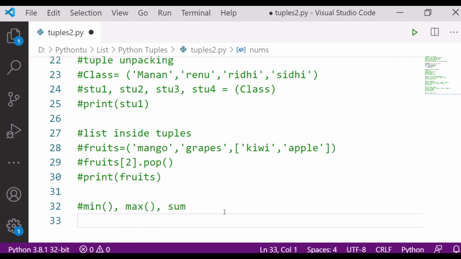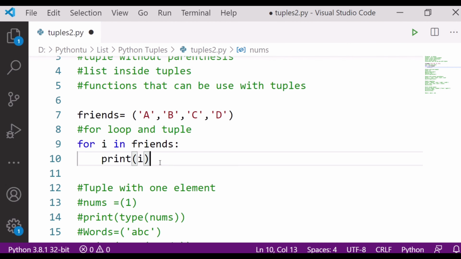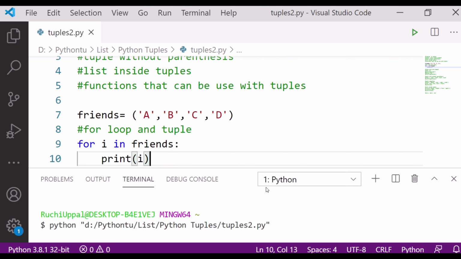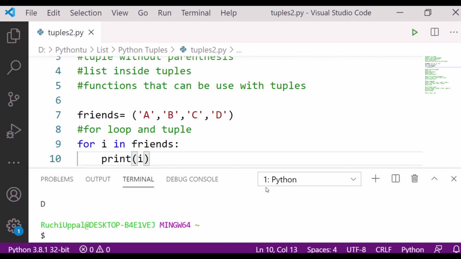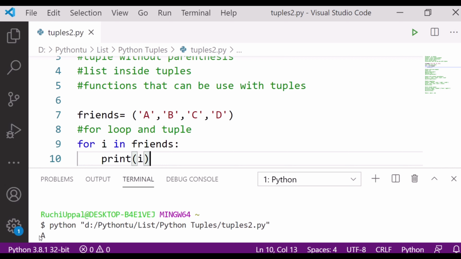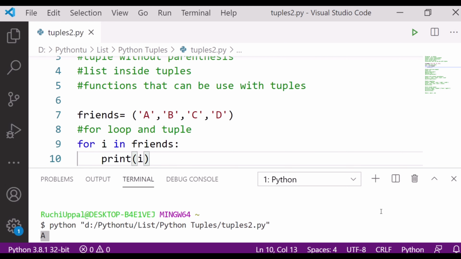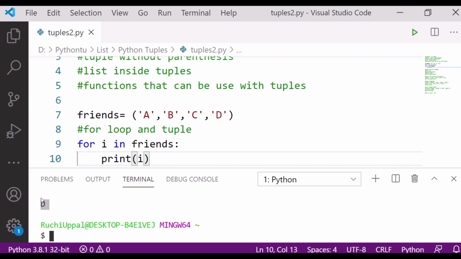So this is the for loop. Let's save and run it and check the output. Yes, you can see I got my output here: A, then B, C, D. So I can simply find the elements from this tuple, A to D.